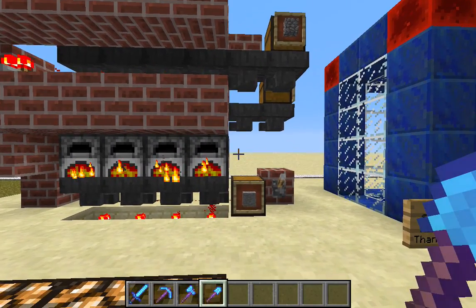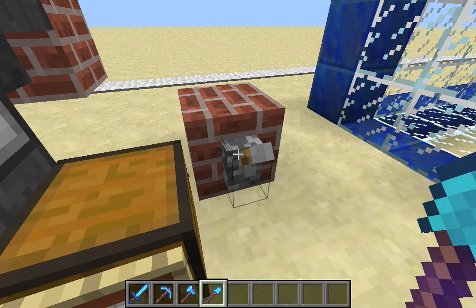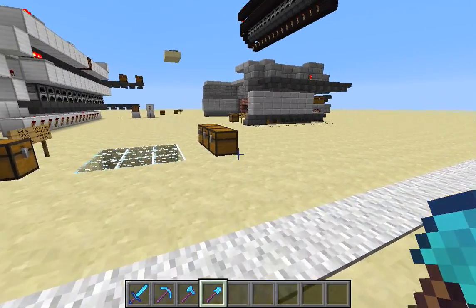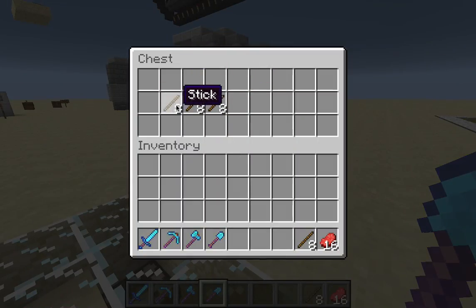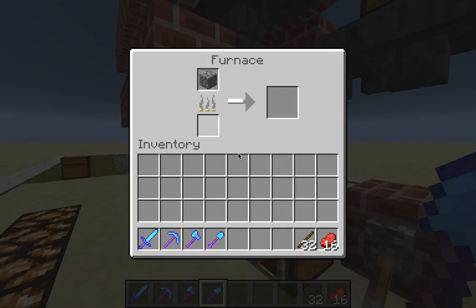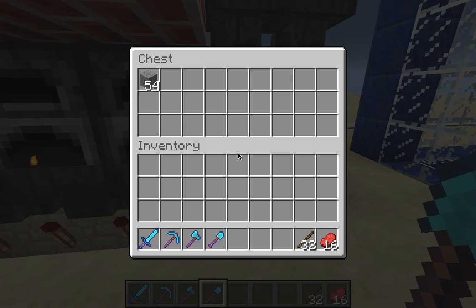I want to just keep messing with it. Let's go ahead and turn off the XP collection. It will automatically get everything filtering into this chest. The next thing I want to show you is these beef and these sticks. So let's go ahead and wait for this last one. It is almost finished as it is, and there we go. We should get all 64